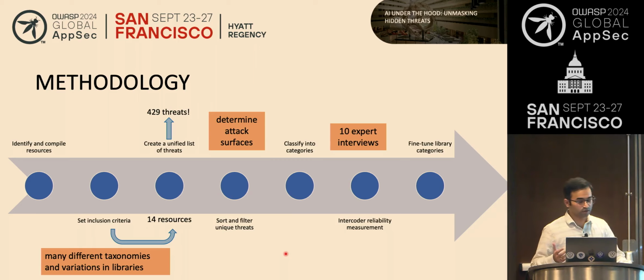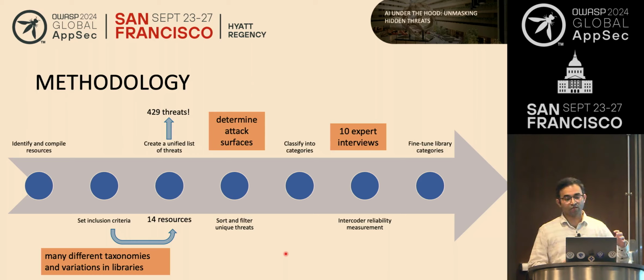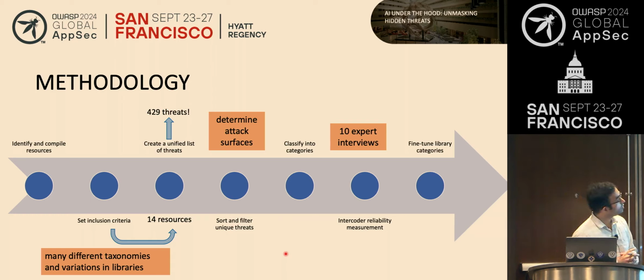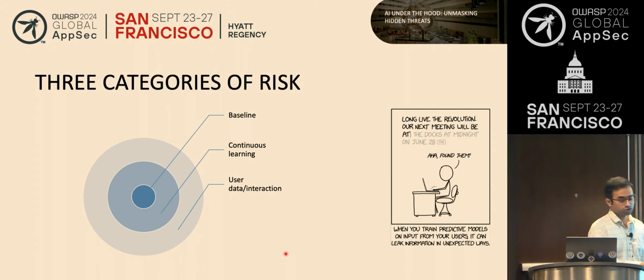We did 10 expert interviews, and after that, we organized the libraries. We grouped the questions based on the application type, which I will talk about in the next slides. We grouped those questions and then tried to fine-tune some of them for better language and understandability. So this was the process that was followed to come up with guardrail. And in the next slide, we see how we grouped those questions.